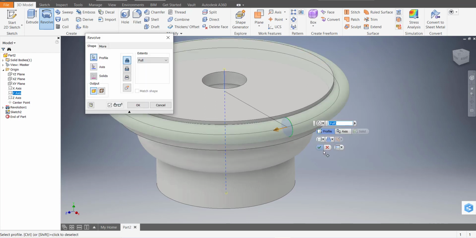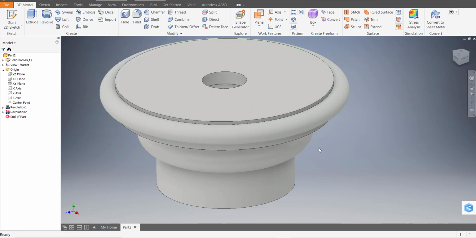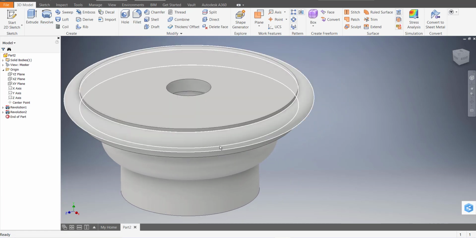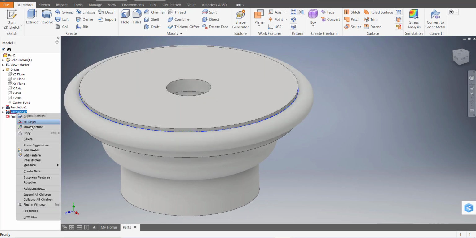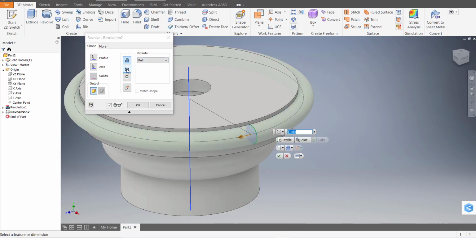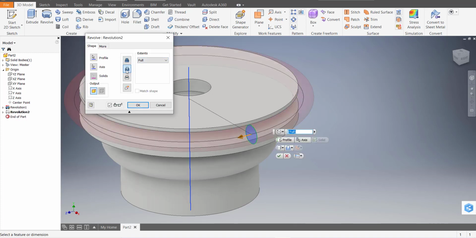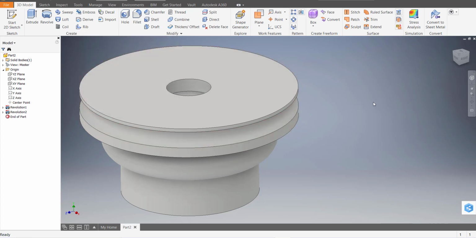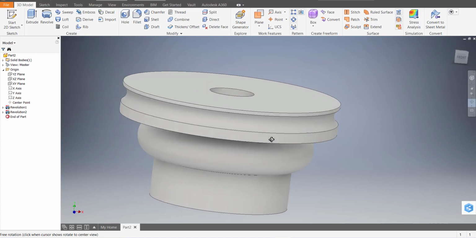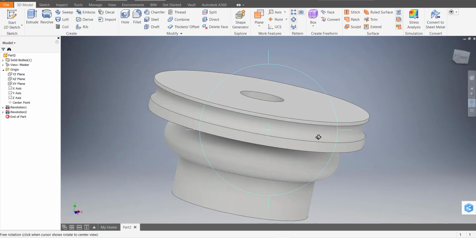So when we click OK, the profile is added to our part. Okay, if we want to cut, edit feature and go there, second option, to cut. So you can see our part is cut. Okay, so this is our revolve and revolve cut